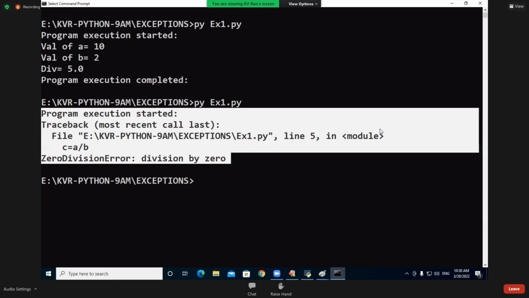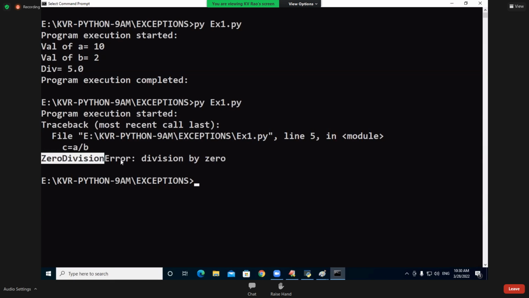See here, what is the line number? You see here, what is this? ZeroDivisionError. It is called one of the exception classes. For which problem? Division by 0 problem. Anything happens, which object is creating? ZeroDivisionError. Spell out. What is ZeroDivisionError? It is a class. I will explain that next class. It is a class. Whose object is created automatically by whom? PVM. What I am trying to say is, for every problem, one class is there. For every exception, there is one class.